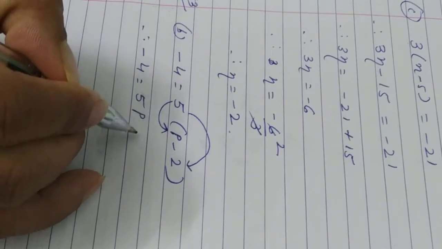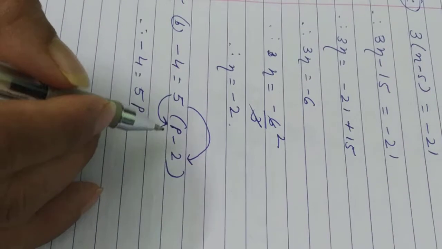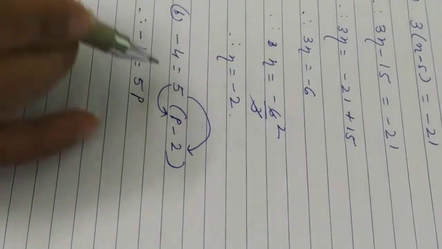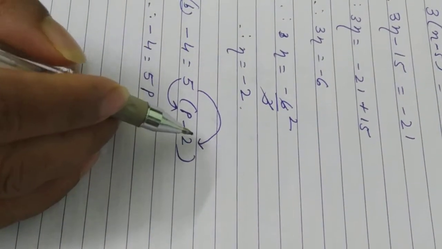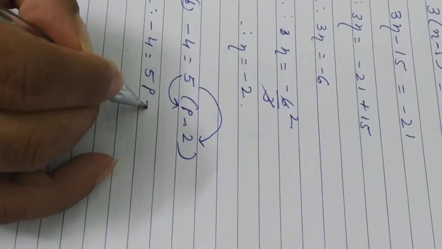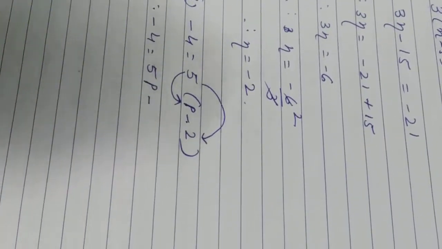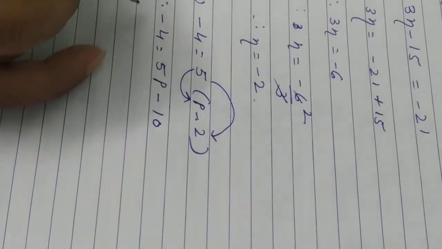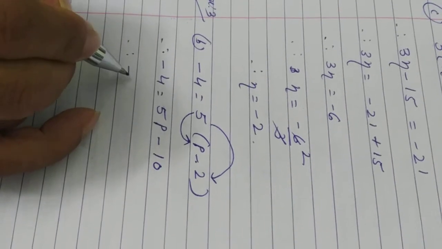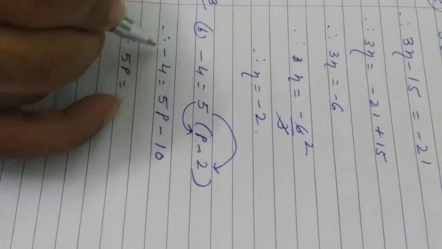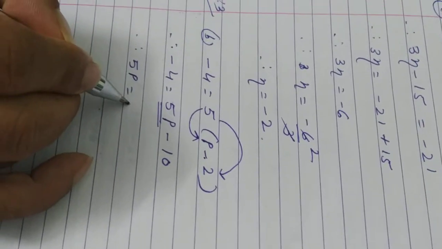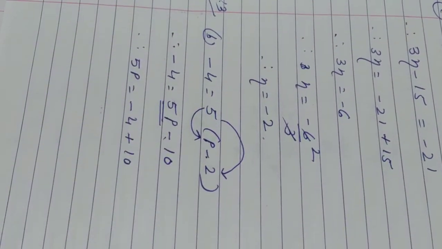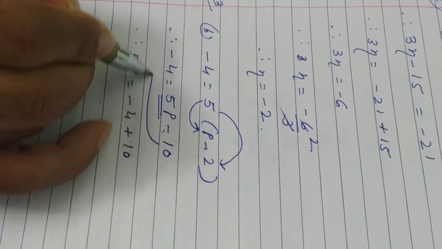So 5P, right? Minus 4 is equal to 5P. Now plus, and there is a minus. So minus what? Minus sign, right? Now 5 twos are how many? 10. Minus 10. Therefore, my 5P is equal to minus 4 plus 10. Understood? See here, minus 10